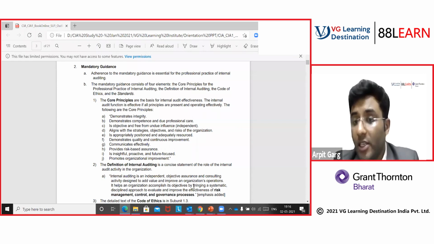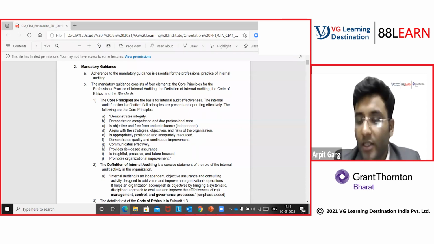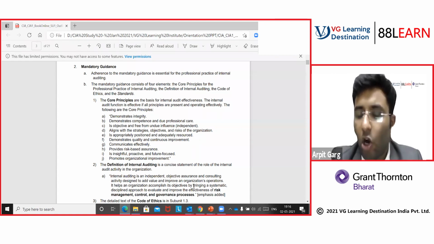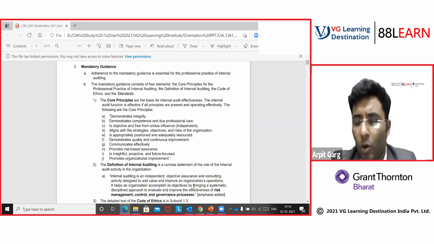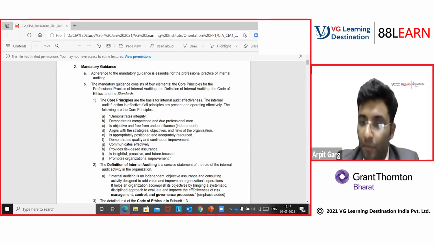And what our role is, basically, as per the defined scope, we give reasonable assurance whether the controls are working effectively or not, or what are possibly the key risk areas in that process, or what is going wrong, or what are the best industry practices that can be implemented by the organization to further improve. So basically, we give reasonable assurance.